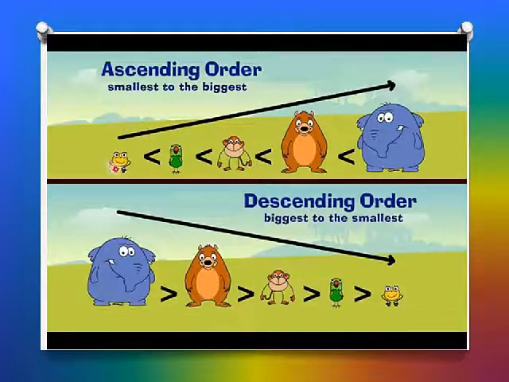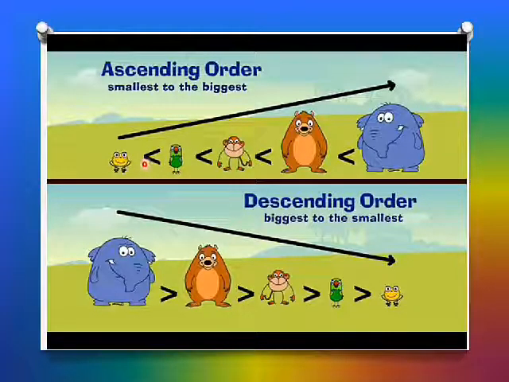See the first one, all the animals are arranged according to their sizes. See here, from big to small and small to big. See the first picture, a frog is given. What is the first one? A frog is given. Compared to the other animals, the frog is very small in size, isn't it?